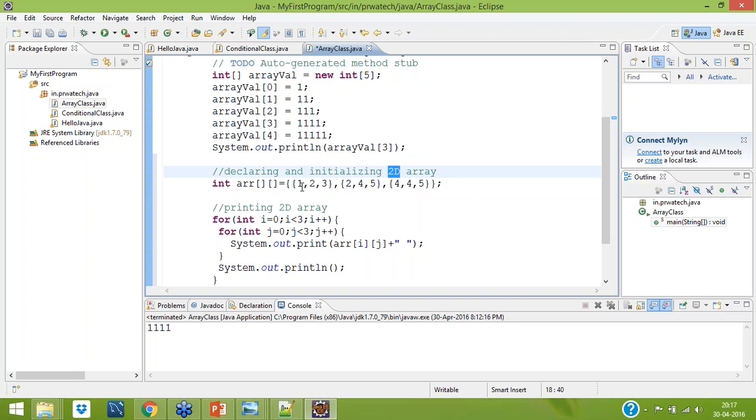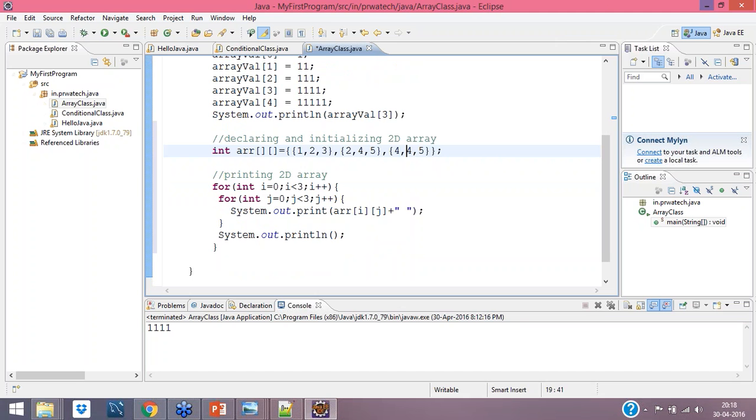Let me go to this, an array having some data. Okay, we don't have to declare data one by one like we have done here. I have just stored this data here. This is my 1st, this is 2nd, this is 3rd, means this is a 3 cross 3, right? This is 3 rows and 3 columns. It will be 1 2 3, 2 4 5, 4 4 5.